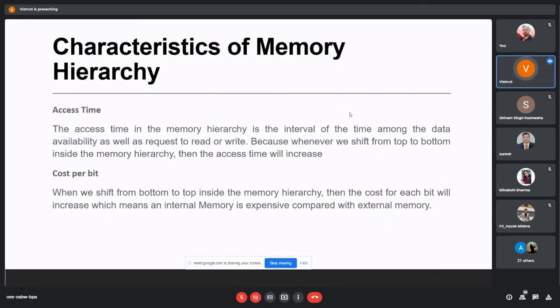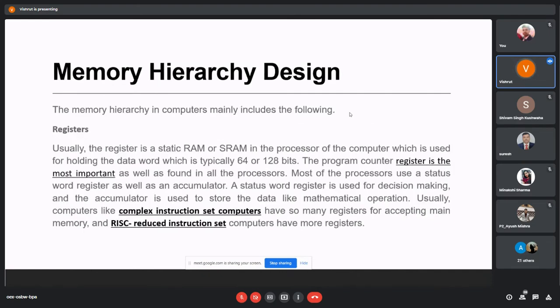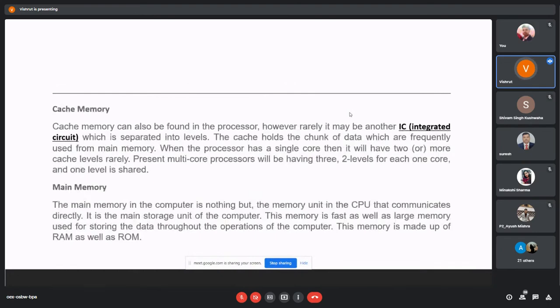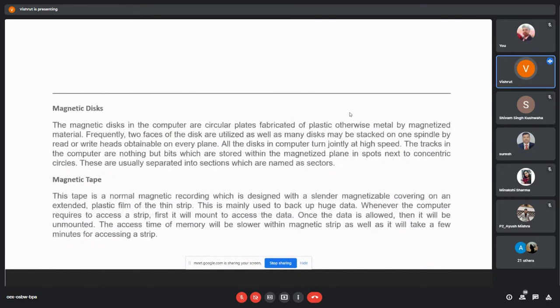Cost per bit. When we shift from bottom to top inside the memory hierarchy, the cost for each bit will increase, which means an internal memory is expensive compared with external memory. Memory hierarchy design. The memory hierarchy in computers mainly includes the following: